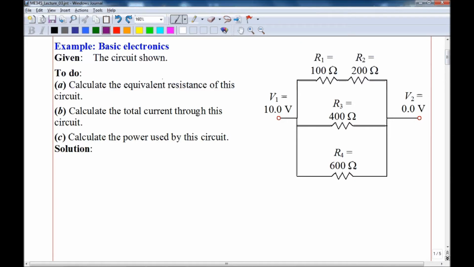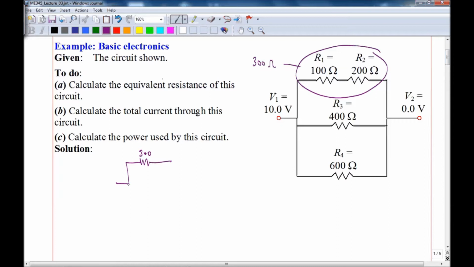Here's an example with basic electronics. Let's calculate the equivalent resistance of this circuit. First, we recognize that these two resistors are in series, so the equivalent resistance of those two is 300 ohms. And now we have this equivalent circuit,